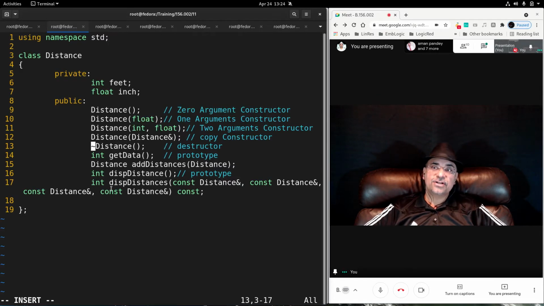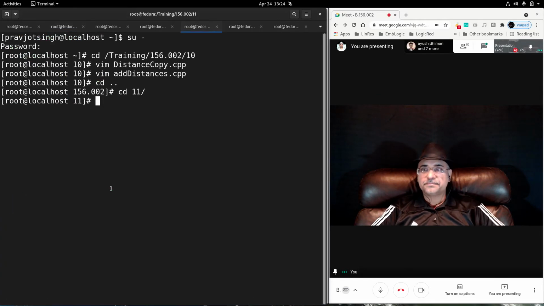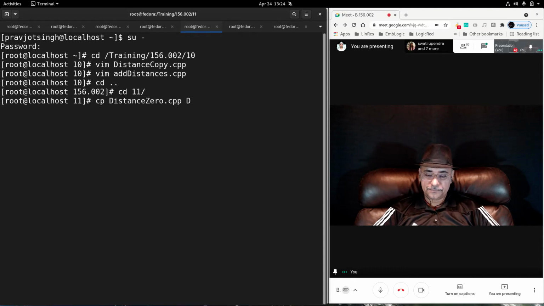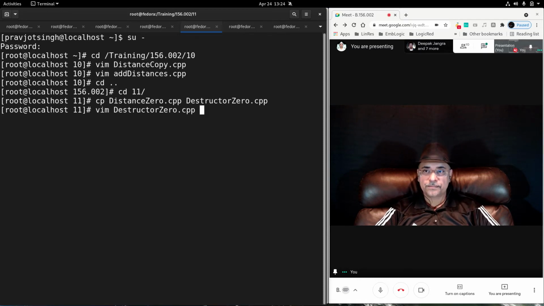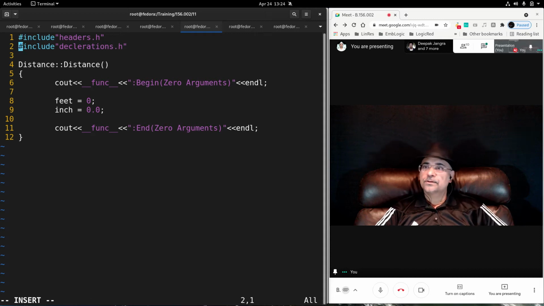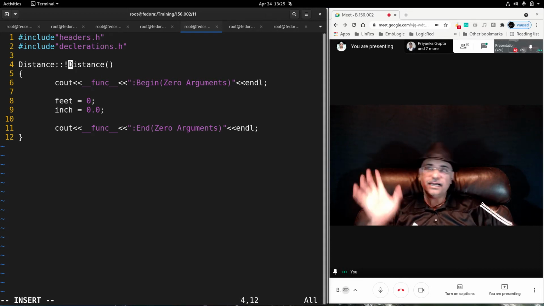Let's write a destructor function. So Distance, but the function name is preceded by tilde.